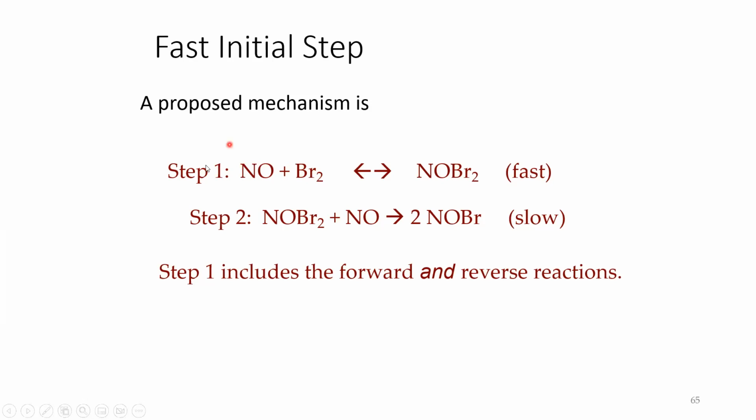So we'll take one of those nitrous oxide molecules and react it with the bromine to give NOBr2. And then we'll have the second NO react with that molecule just to essentially take one of the bromines. But this bottom one is going to be the rate determining step. So if we write the rate equation there, rate is equal to K